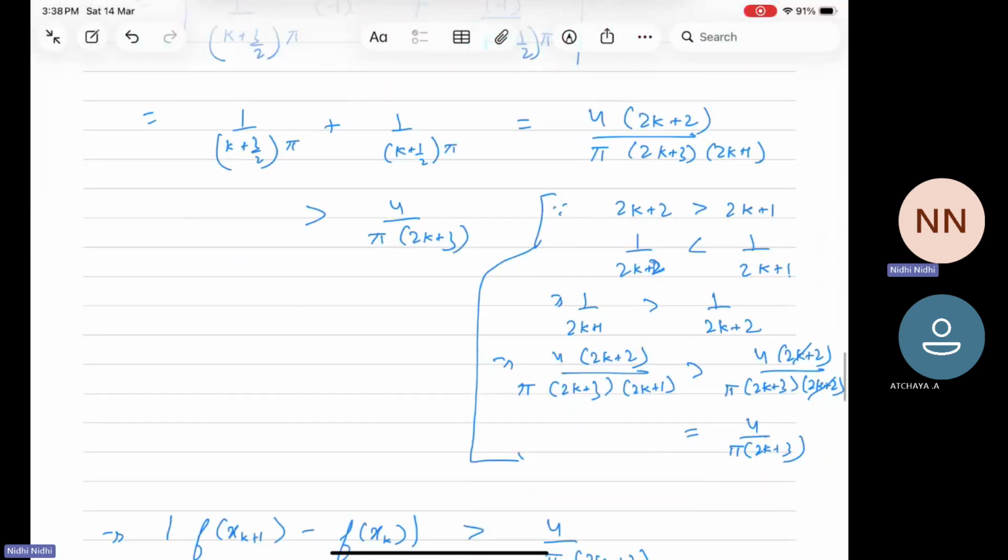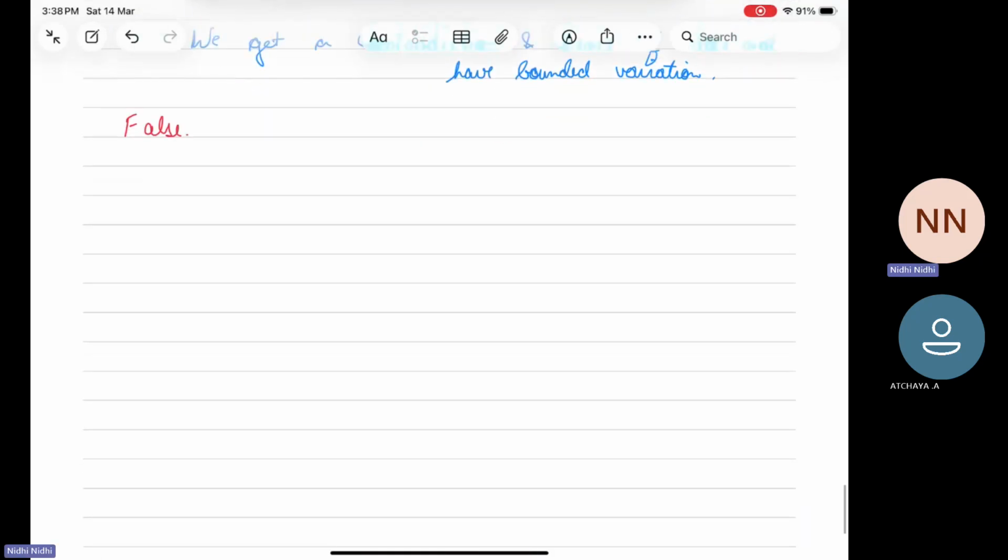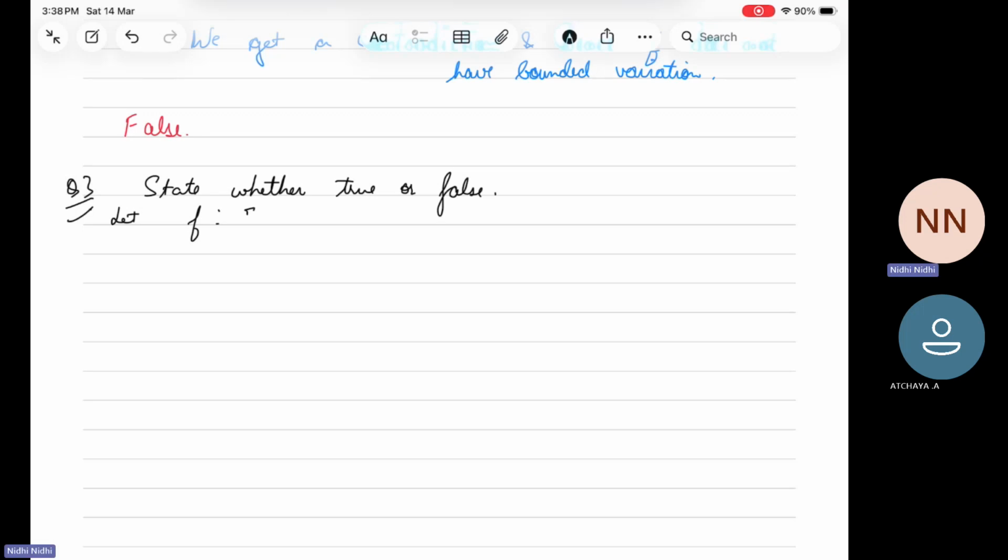The next question is a straightforward application of again that Newton-Leibniz rule, the Leibniz integral rule. I'll just explain. State whether true or false. Let f from [a, b] to R be Riemann integrable,